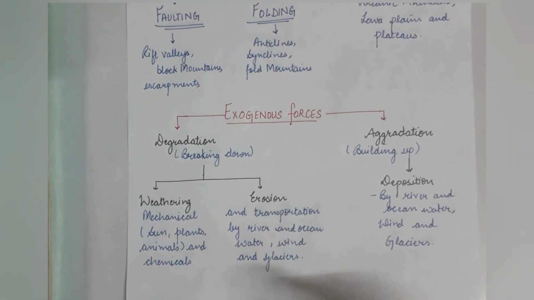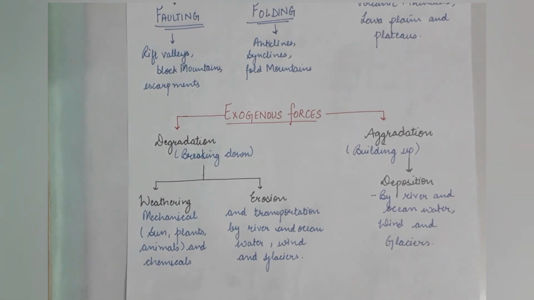The second one is your erosion. Erosion is when the soil or the landmass sometimes gets distorted and is eroded by river, water, ocean, wind, glaciers. Anything can be responsible for the erosion. It is basically the transportation. The land from that side, the silt, the mud, whatever is present is moved with the flow of water, wind,